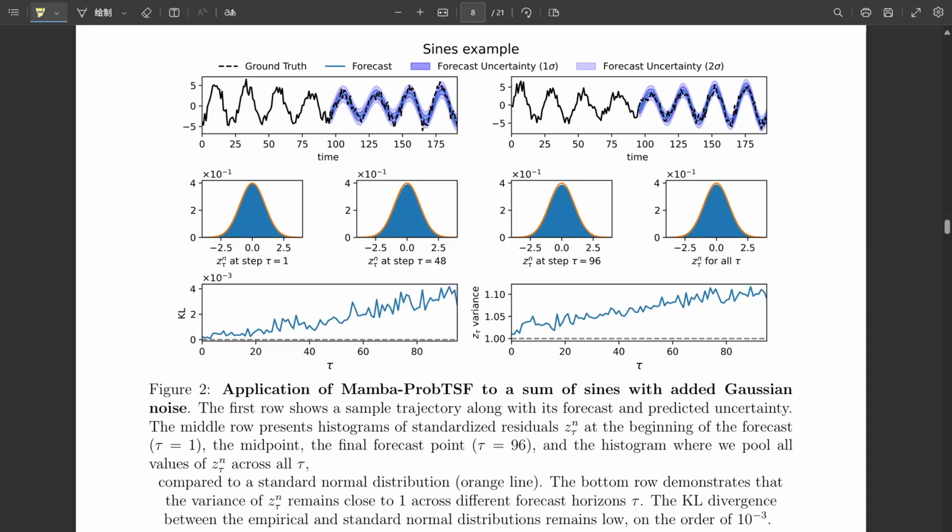Well, think about what likelihood means. It's the probability of seeing your actual data points, given the model's parameters. So maximizing the likelihood means finding the parameters, the predicted mean and variance, that make the observed data most probable. Minimizing the negative log likelihood is mathematically the same thing. Okay. And the beauty of using this loss function is that it inherently considers both the mean and the variance. It doesn't just try to get the mean prediction close to the actual value. It also looks at the predicted variance.